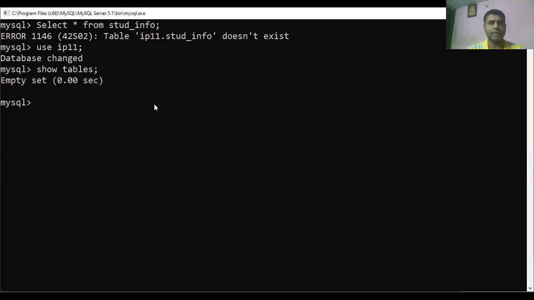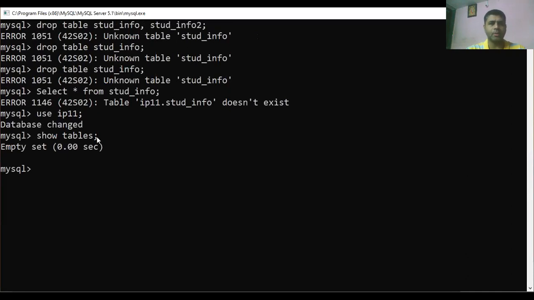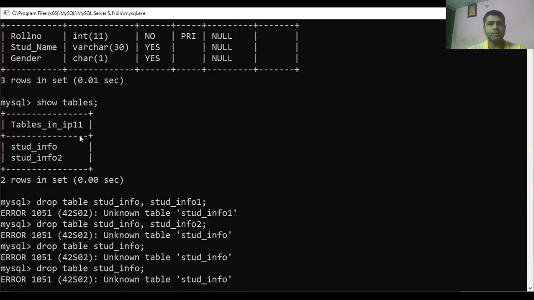Both the tables are deleted when we did the drop. That is the reason. It is removed from the database forever. Okay, is it clear?